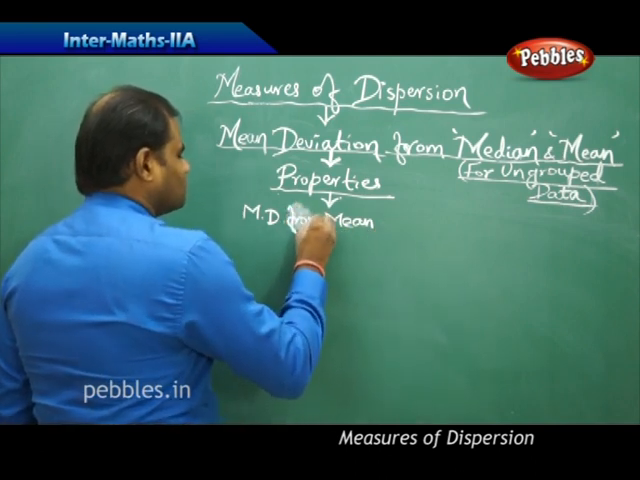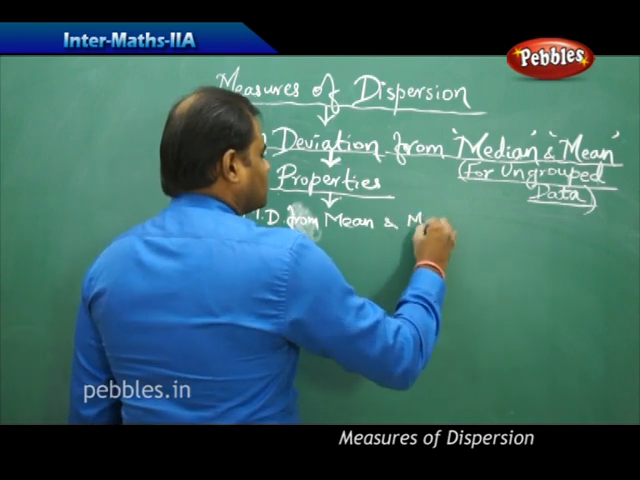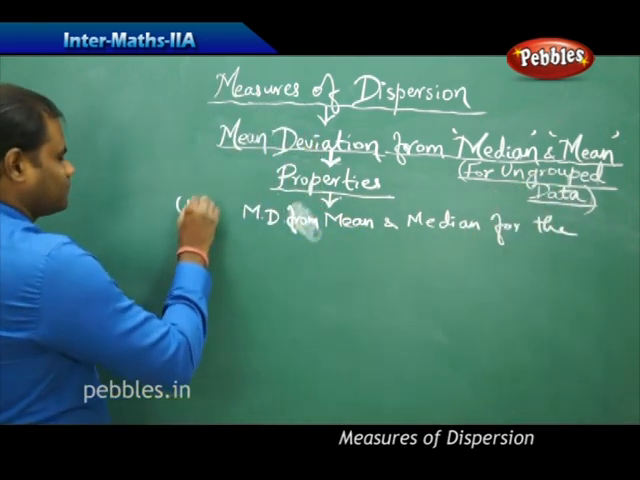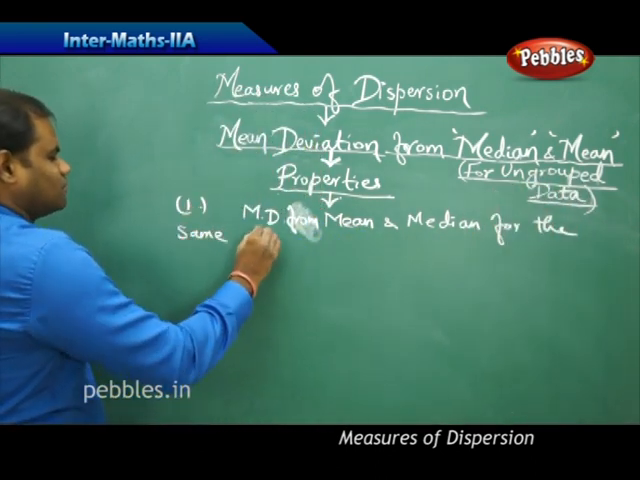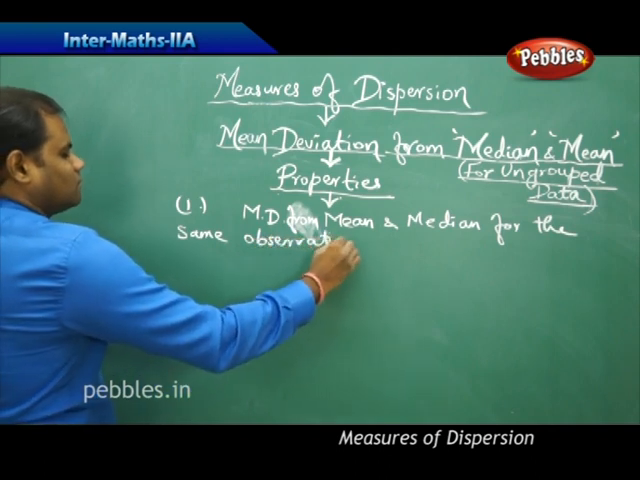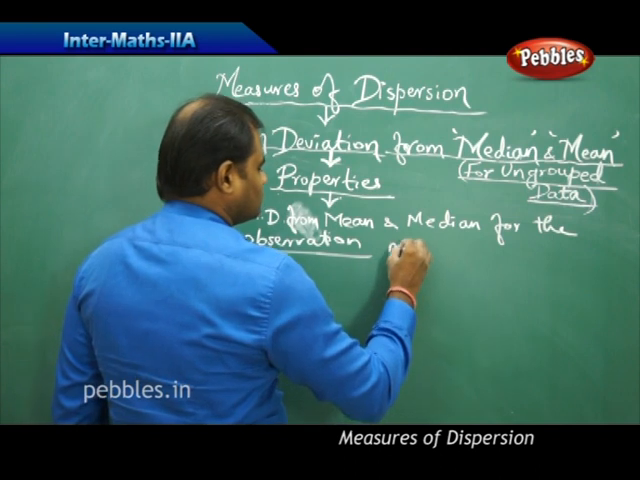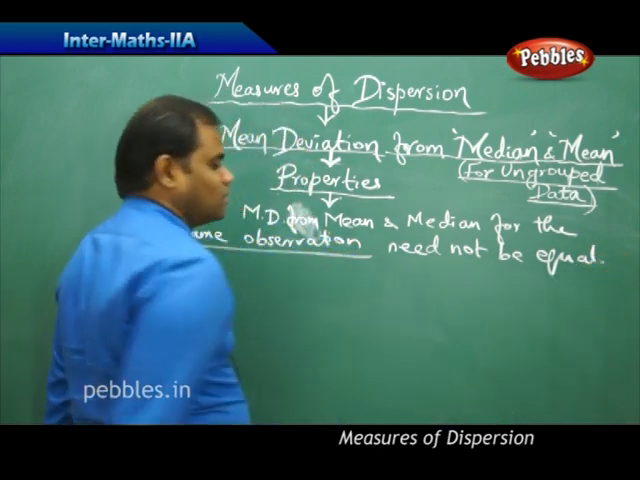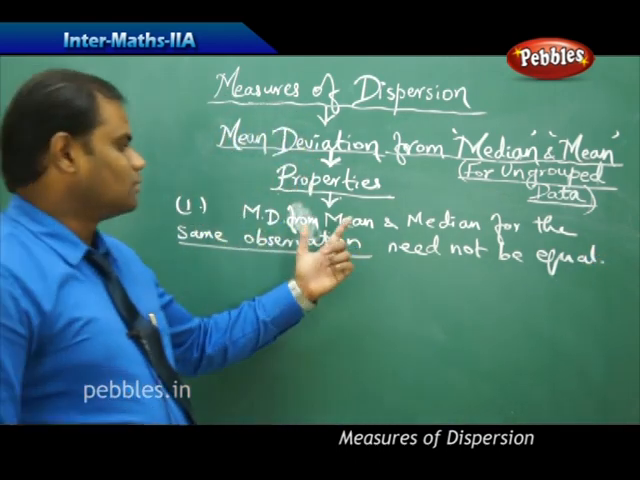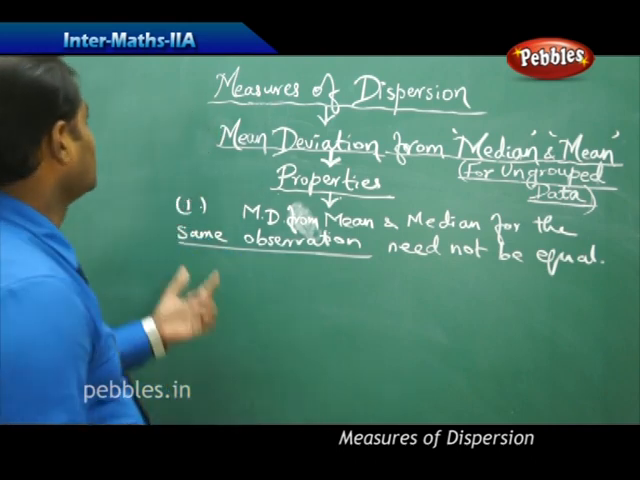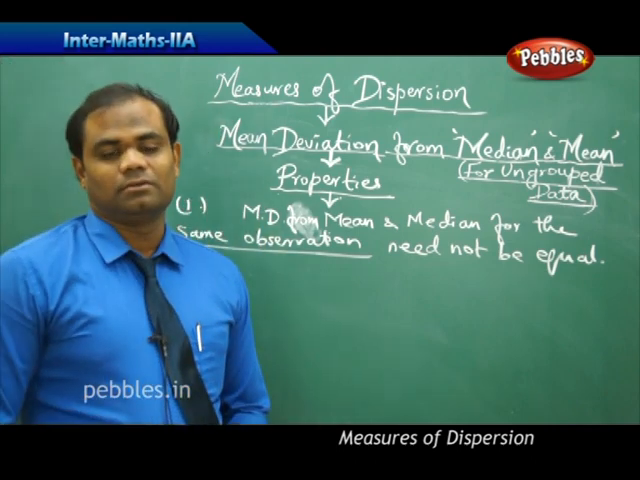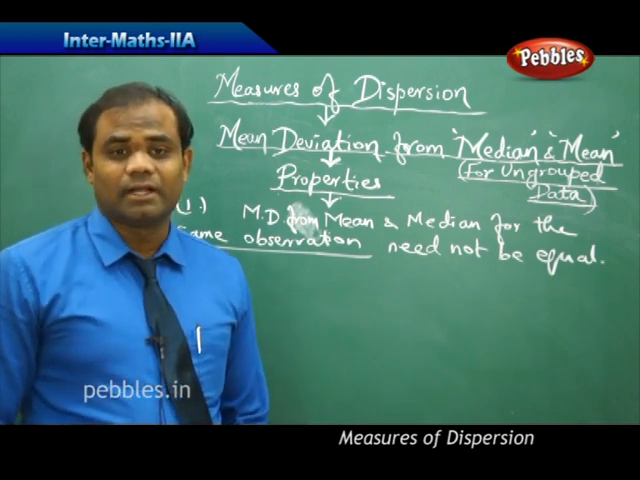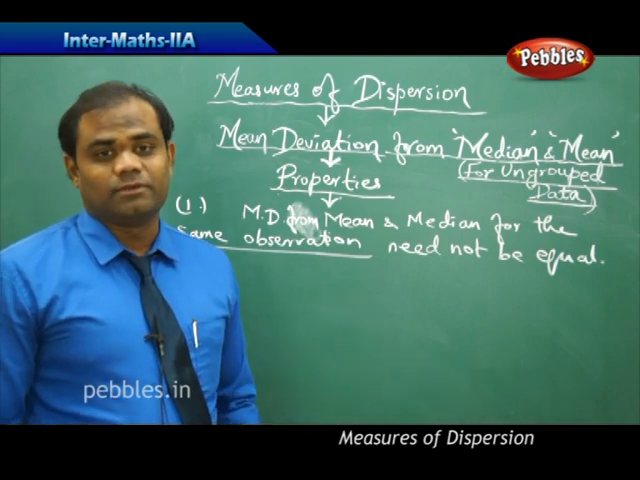from mean and median for the same observation need not be equal. It is not compulsory that because the observation is the same, the mean deviation as calculated from mean and median will be equal, is how we understand the property. Though in the previous problem it was a coincidence that the mean deviation was equal for the same observation through